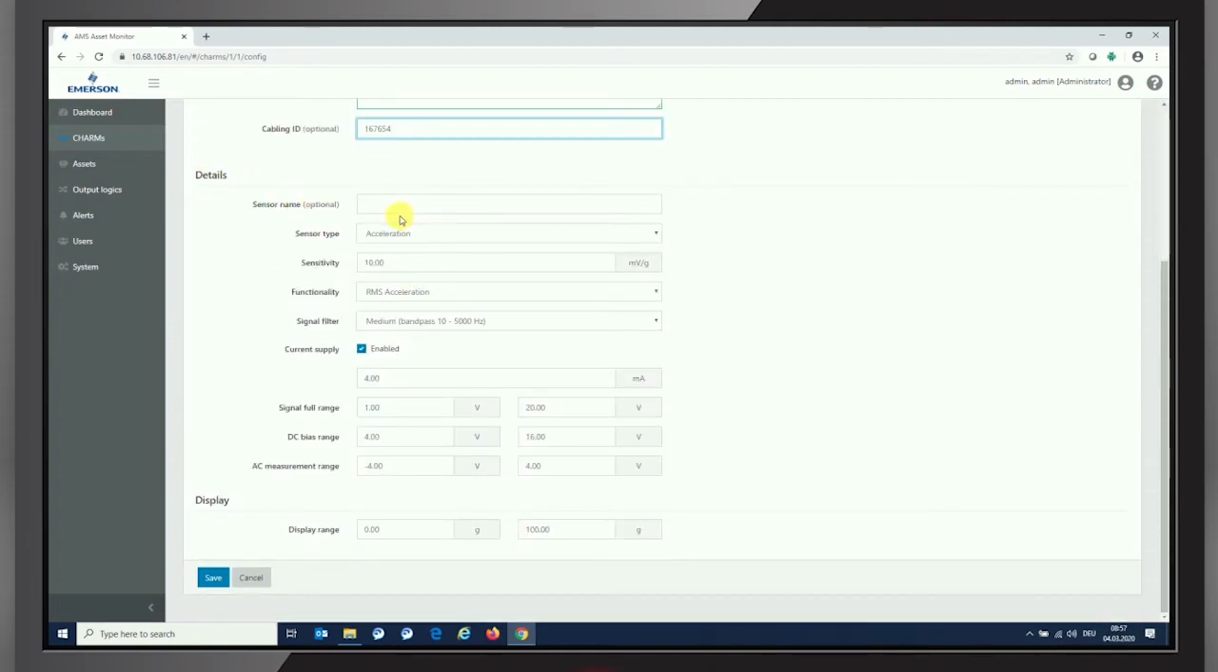Here we are able to specify a sensor name, and if clicking into the field, it automatically gives us a recommendation. So I'm just changing it to channel 1 piezo sensor. It's the type of sensor I have. And from a sensor type perspective, we know that there are accelerometers and velocity types, so we can easily choose from sensor type whether it is an accelerometer or velocity type of sensor that we have connected,